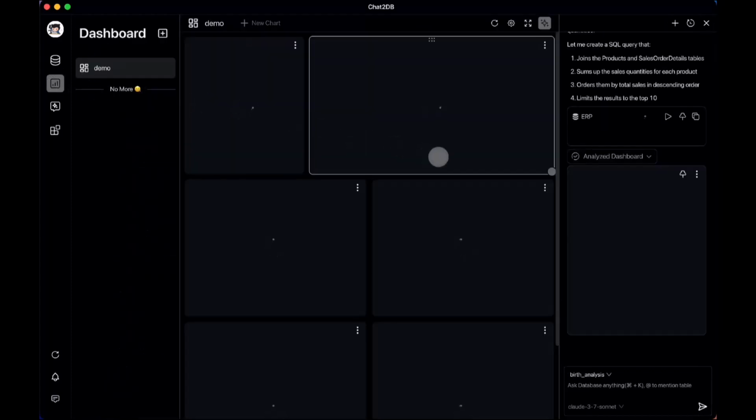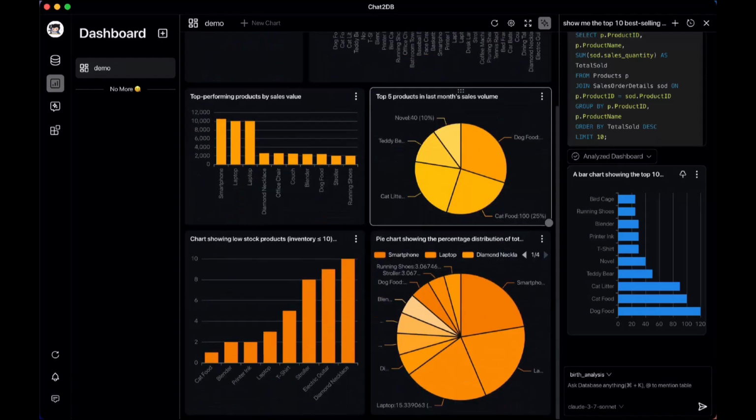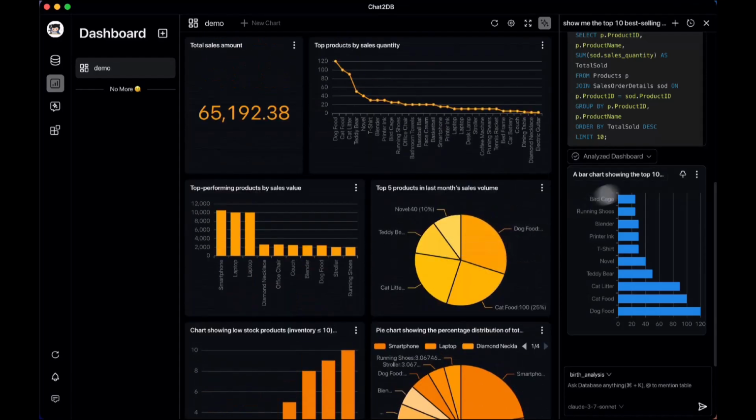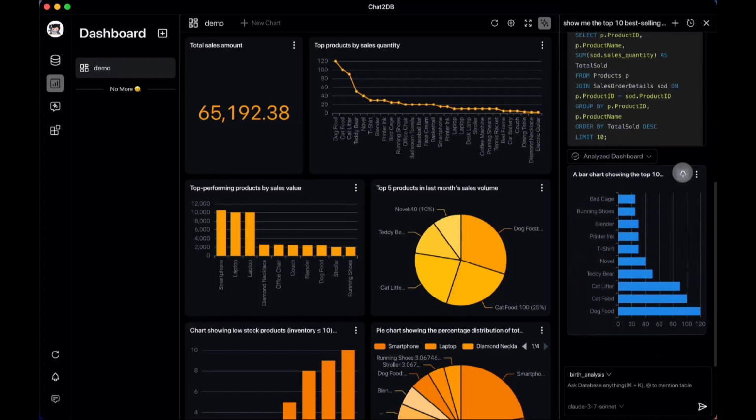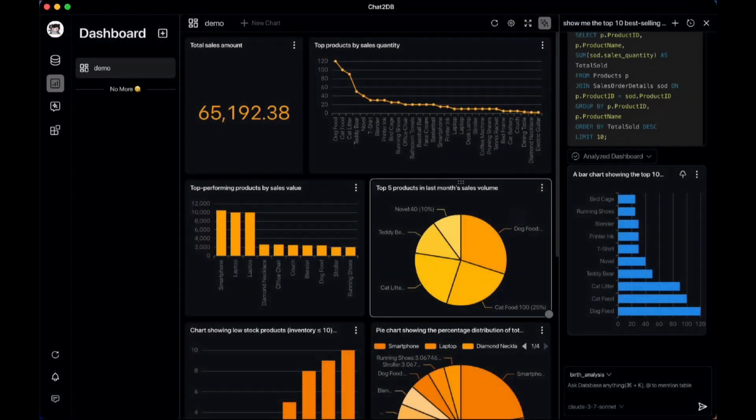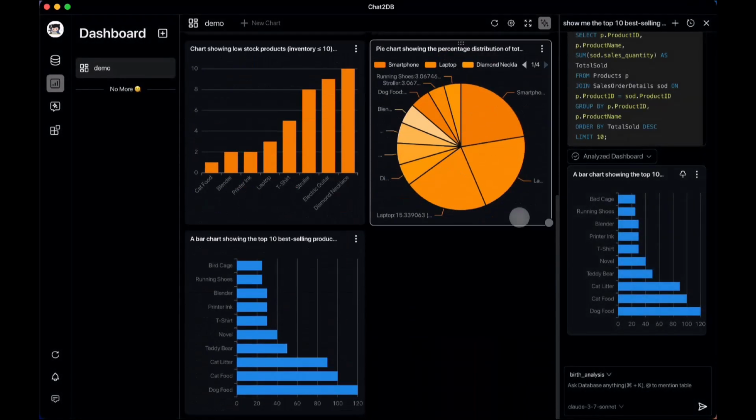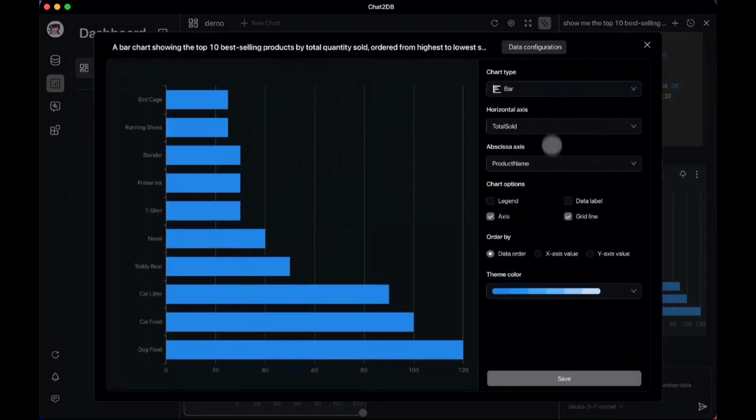Here's the dashboard I've created. On the right side, you will find previous responses from the AI Copilot, including SQL queries and visual charts. And like this, you can easily add these charts to your dashboard by clicking the appropriate button. In the top right corner, there's an edit mode as well, where you can adjust chart types, layout settings, color